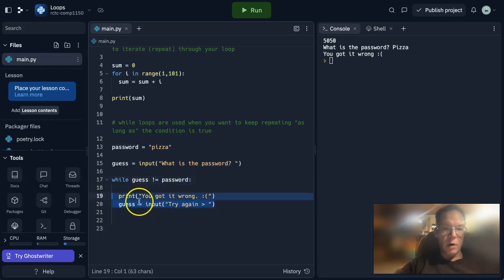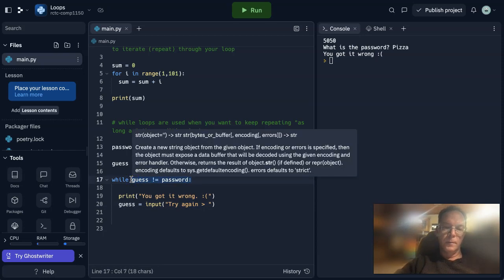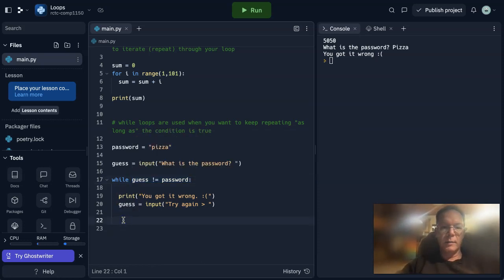It's going to print you got it wrong and let them input it again. The only way to get out of this while loop here is if guess does equal password, then this little thing here isn't true anymore. It's not true that guess doesn't equal password. So if guess does equal password, then the while loop ends and you end up down here at the bottom